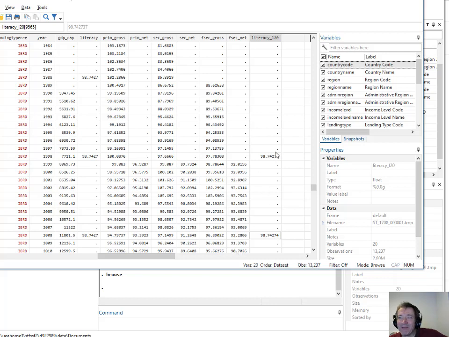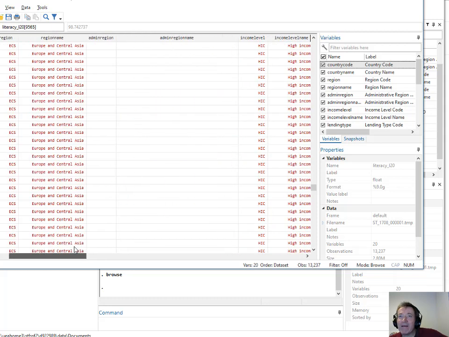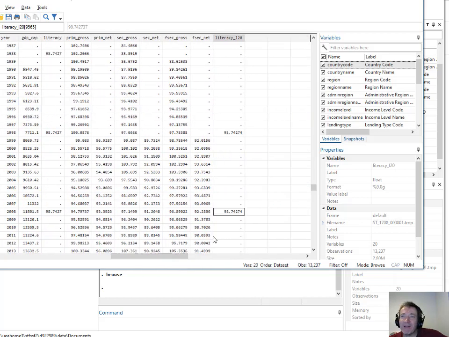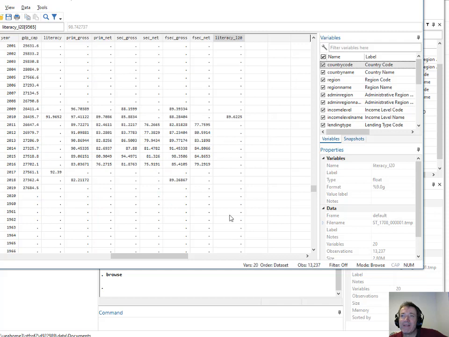You can see, imagine what's going on in this country, because they've measured the literacy, and in 2008 it happens to be the same to 4 decimal places as it was in 1998. So someone in Poland is obviously earning their money through doing very careful statistical work there. Let's have a look at another one.